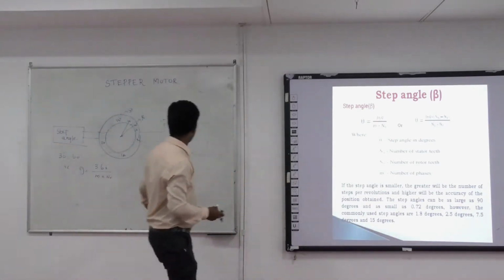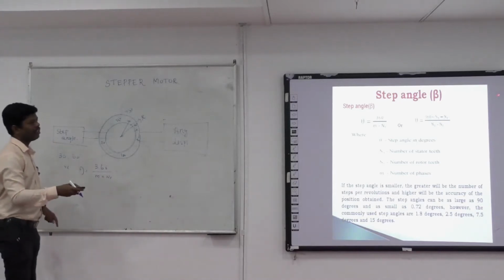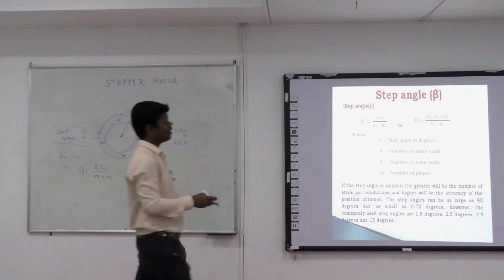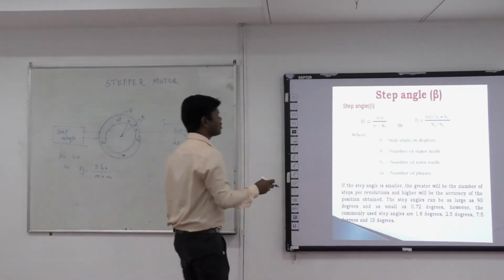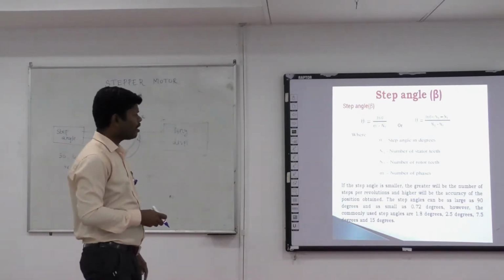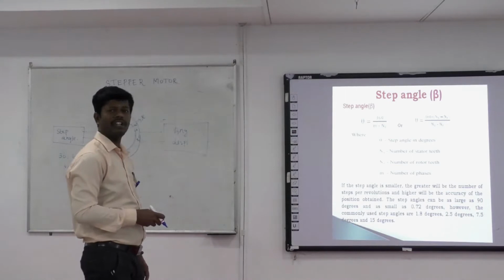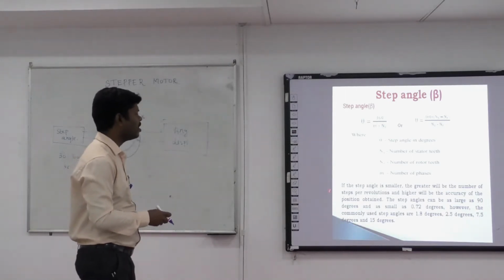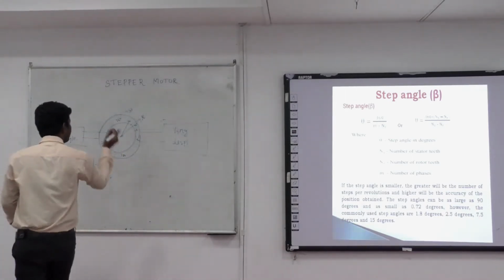So you have number of phase, 3 for cycle phase, 15 for cycle, and the number of rotor poles and the number of rotor teeth. That is called as a step angle. Step angle is very small, 0.72 degree for controlling our stepper motor. That is the main advantage of stepper motor. 0.72 is so less than 1.